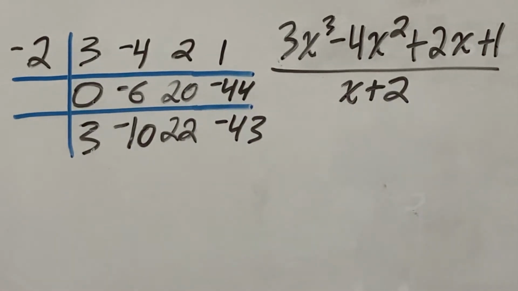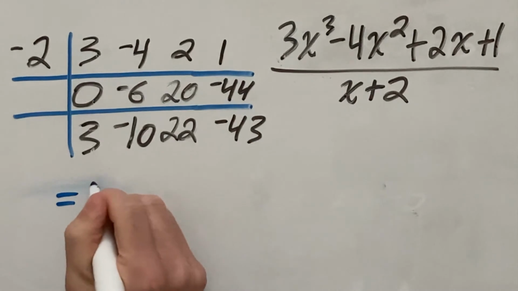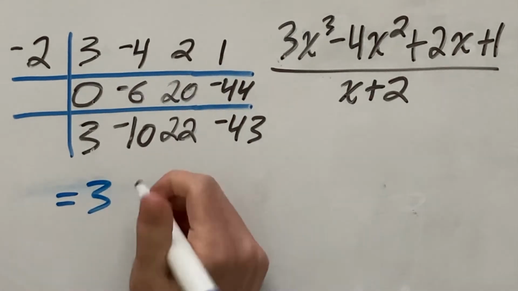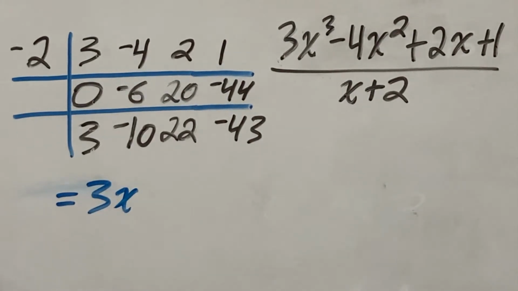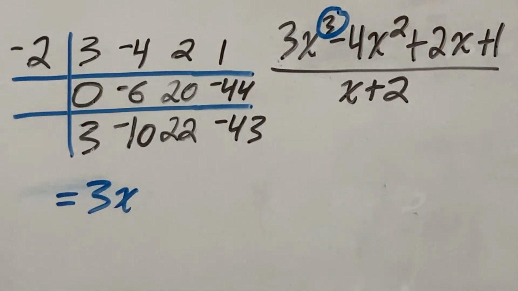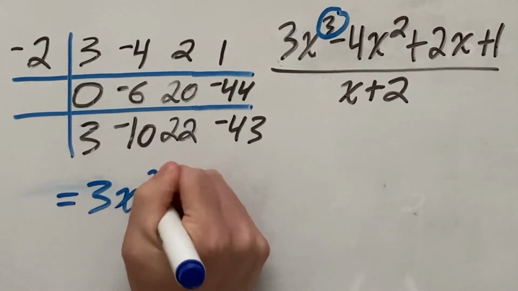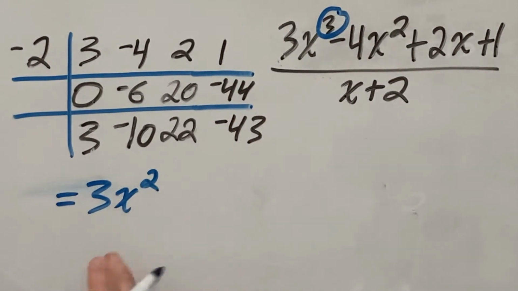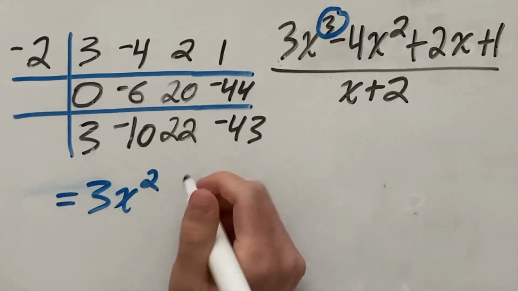But you might be thinking, that's a weird looking answer. Well, we still have to add the x's. So this is equal to 3x, and you know the exponent because it is 1 less than what we started with. So because we started with 3, it is 1 less than that, so it is 2. And the rest of them just go in declining order. So then we have